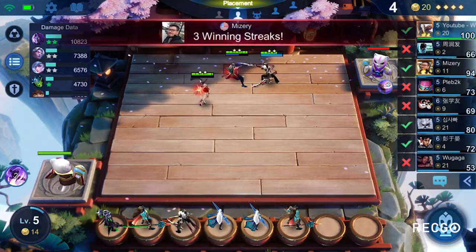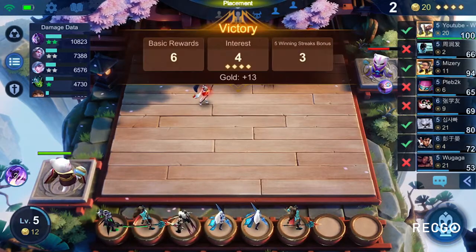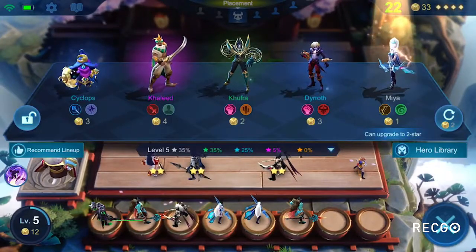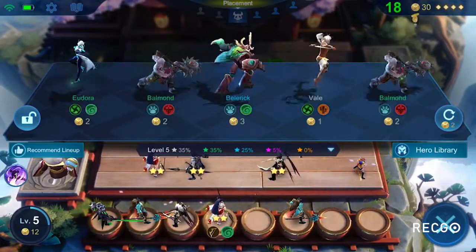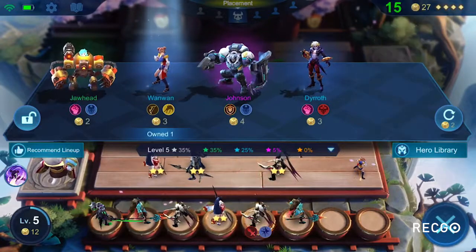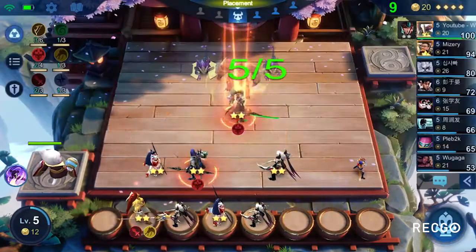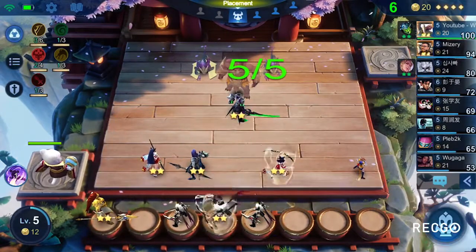Now we have 20 gold, we're on a win streak, really just doing about as good as you can at this point. Here's another Maya, of course going to grab her. I will get as many Martises and as many Z-Longs as I can